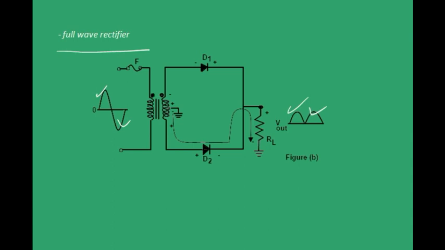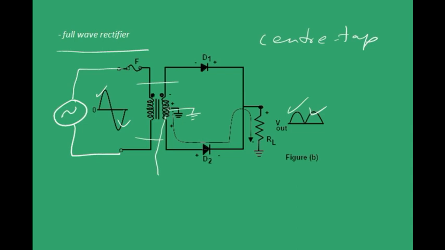I'll explain. Now this is a transformer, right? We discussed this in previous chapters. This is the secondary coil of the transformer, and note that at the center of it, it is attached to ground. It is grounded, right? So this is called a center tap transformer. Here the voltage is alternating. So let this point be A, let this middle point be G, G for ground, and let this be B. For the first half of the cycle, what happens?